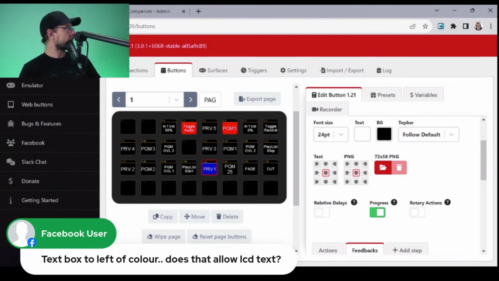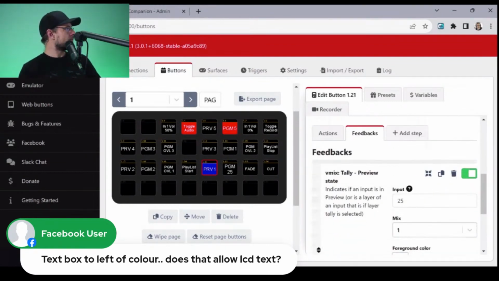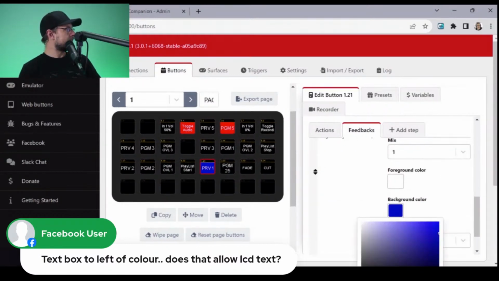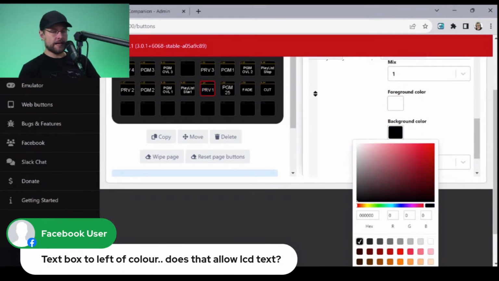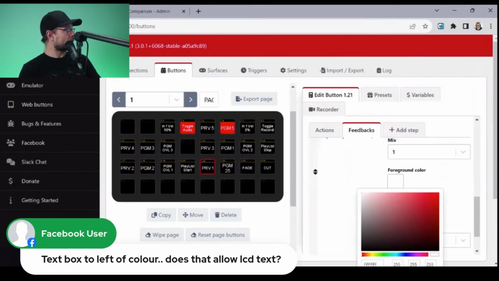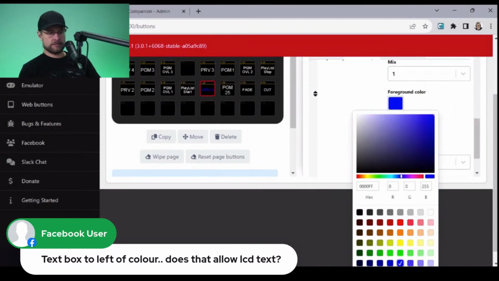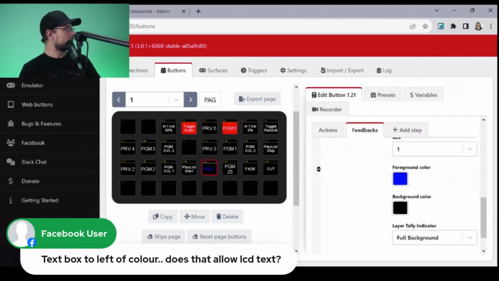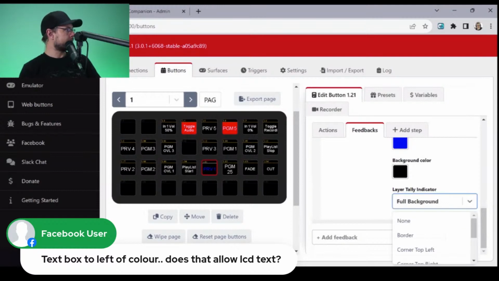That's what I think. So this says tally preview indicates the input in which the preview. So if I say none on this, which is black, and I say foreground color blue, that's not a thing. Tally light indicator. Full background.